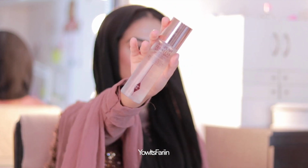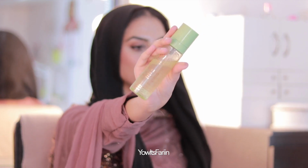So to set my makeup, I am using this Airbrush Flawless Setting Spray from Charlotte Tilbury. And to achieve this glowy look, I use this glow mist from Pixie, and honestly it really makes your skin, I mean your makeup, your skin, whatever, it makes it really glowy, and that's what I really love with this